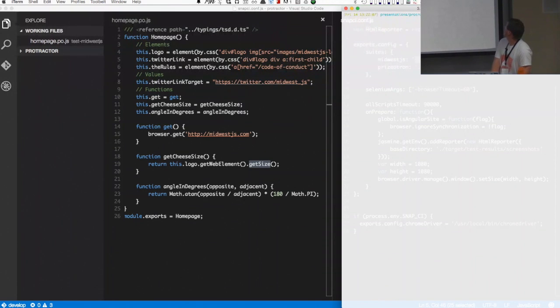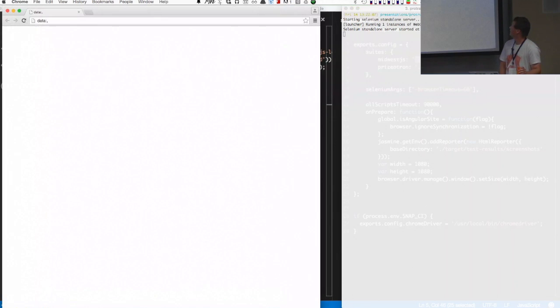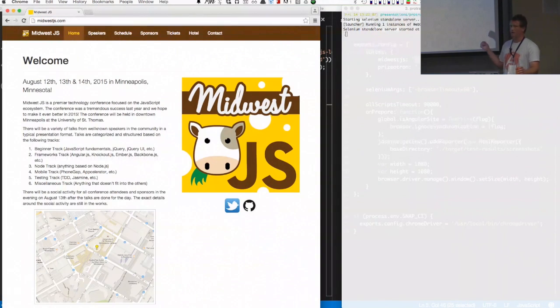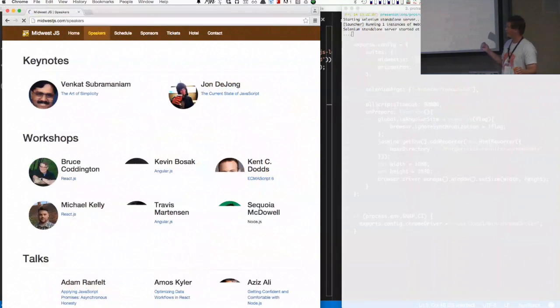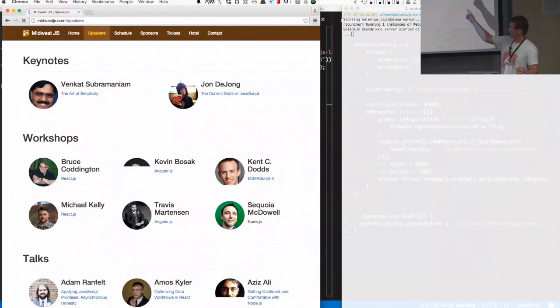If I run Protractor with that configuration file, and I specify that I just want to run the Midwest.js suite, let's see what this does. It starts up Selenium. I actually have it running Selenium in the same process as the Protractor stuff. It's booting up. It went through the homepage test really fast because there weren't very many of them. And now it's running speaker tests,